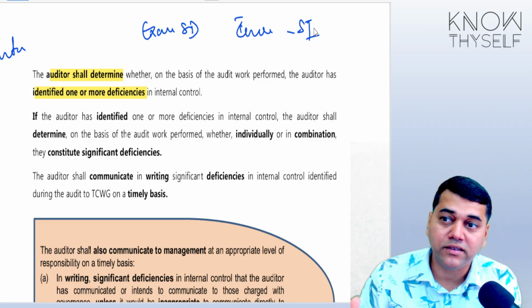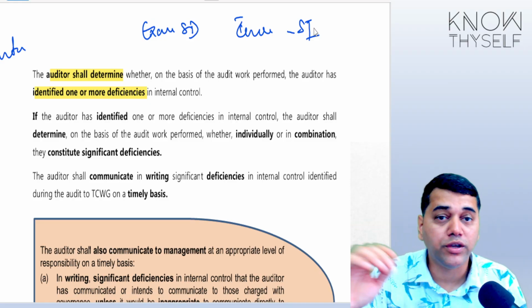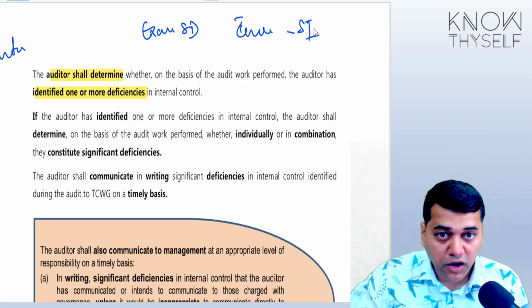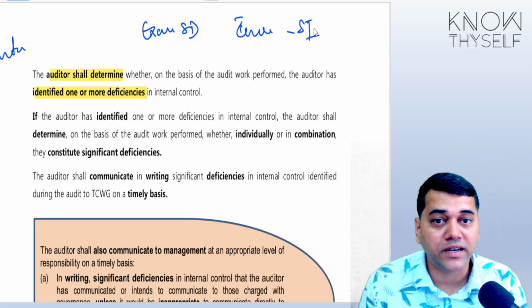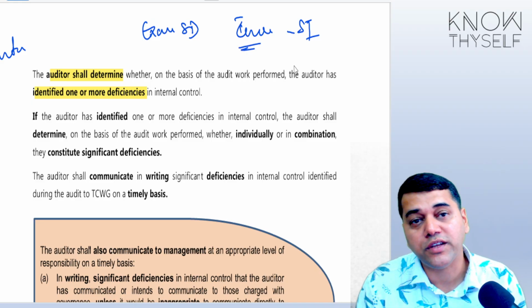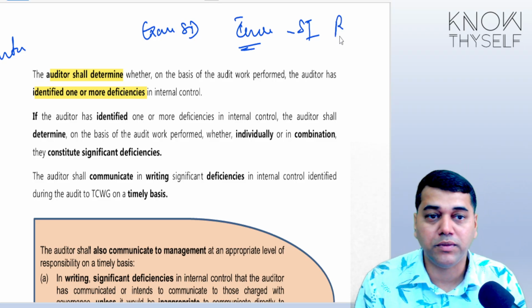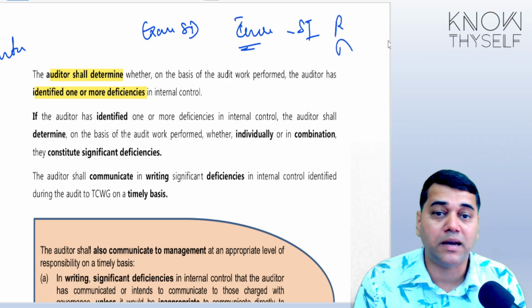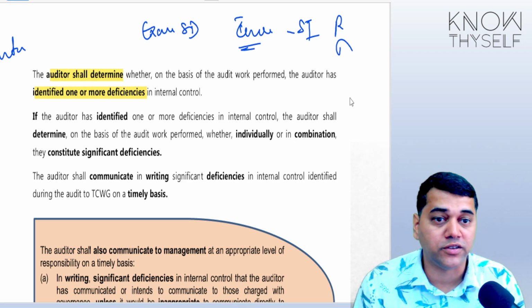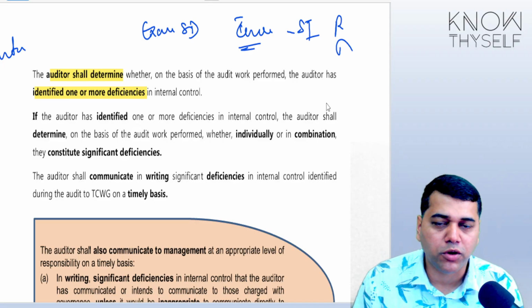Now, which areas are really significant deficiencies? Like management is not doing risk assessment, or you have found out something which management didn't find. These are all significant deficiencies. What are the indicators of significant deficiency? That management is having a poor assessment, or there are some significant transactions happening outside the normal course of business without authorization. These are all indicators. Anyhow, at the final level, you need not bother about it.